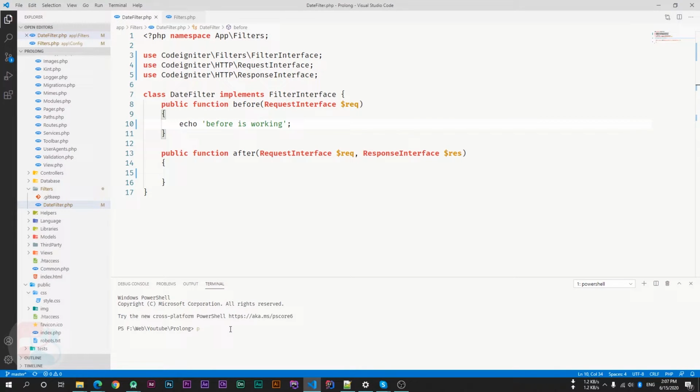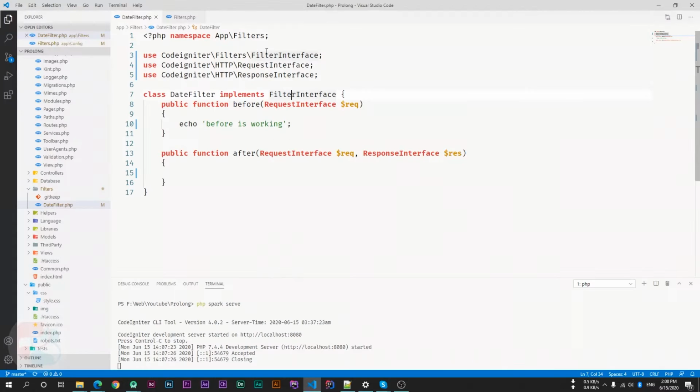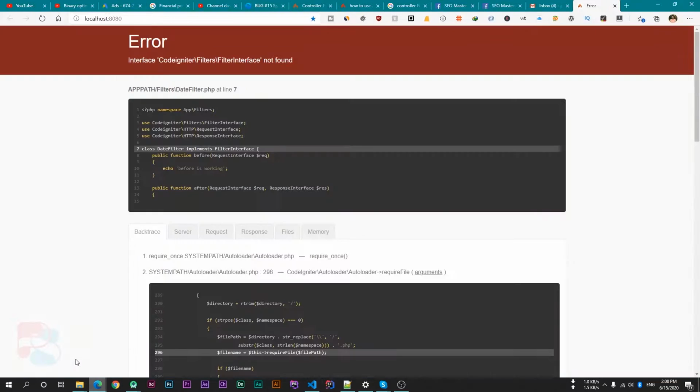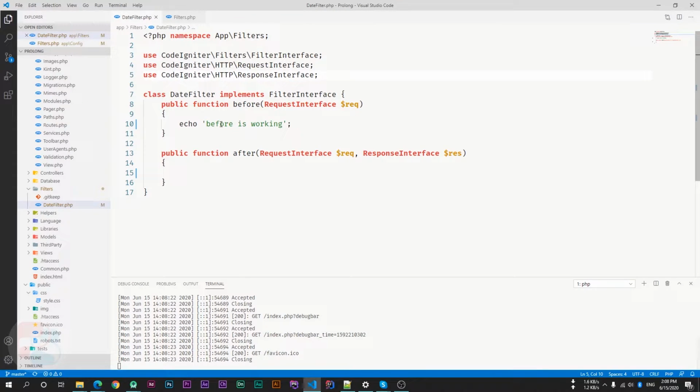The command is php spark serve. Our server is running now. Okay, the problem is here: the I is capital, so I'm changing this. Now save this file and reload the web page, and you can see we are getting the message "before is working". This means this function is working.